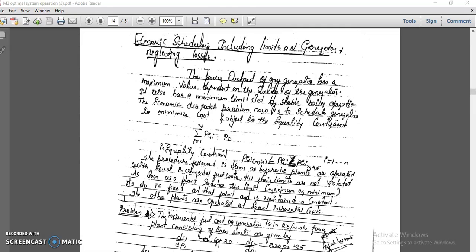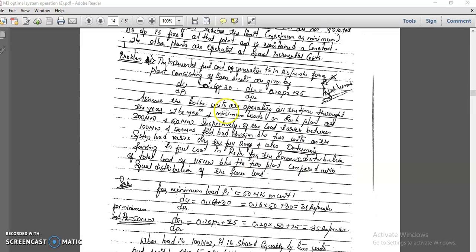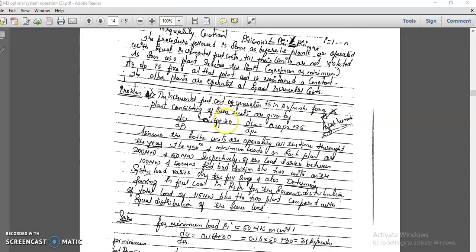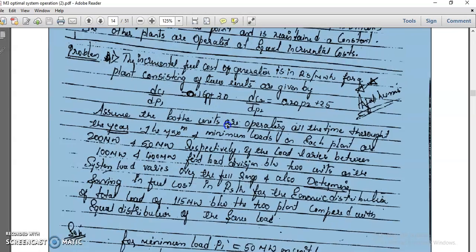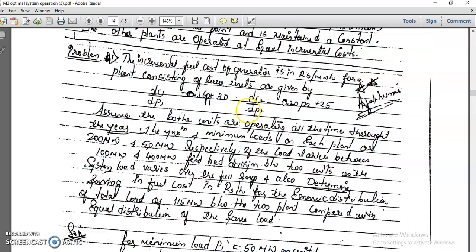So now I'll be going for a problem, and here you are getting the limits, and they specify demand limits as well as generation limits. Demand limits should vary between a minimum and maximum value, and generation limits also vary between a minimum and maximum. Okay, let us go for the first problem. This first problem I have taken from a book, that is Ashfaq Hussain's book. That is also a standard book, and the problems are easy to do. The remaining problems I have referred from Nagrath Kothari. Okay, so let us see this problem.